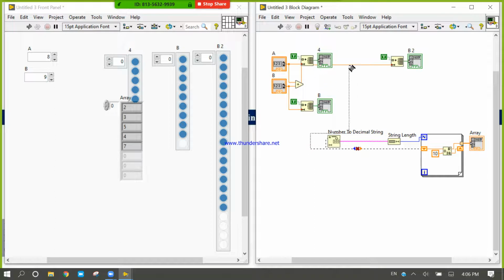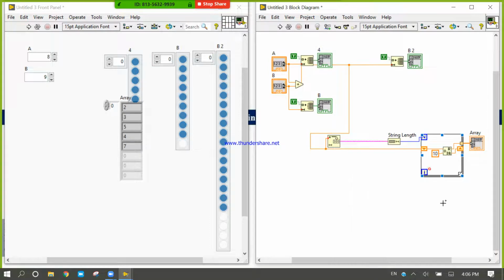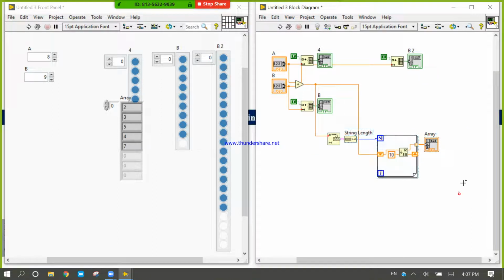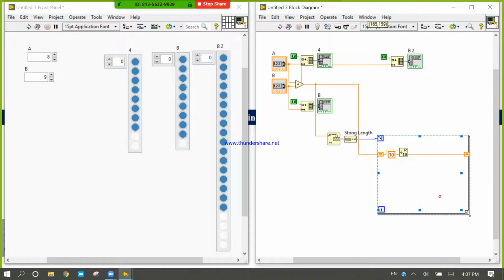I am connecting this code here. After that delete, I am deleting this one, and this one. Control B, Control B. I am inserting it inside.